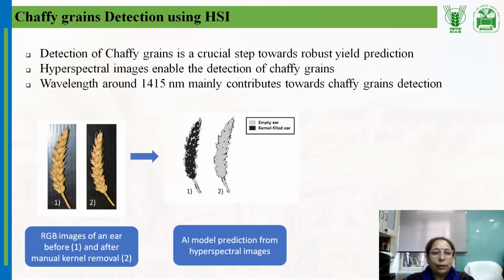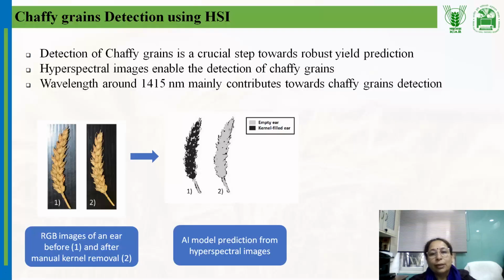Another study we are working on deals with the identification of Cepheid grains using hyperspectral images. Moisture plays a very important role as far as the yield is concerned. This is an advanced study, and hyperspectral images enable the detection of Cepheid grains. In this scenario, the wavelength around 1415 nanometers mainly contributes towards Cepheid